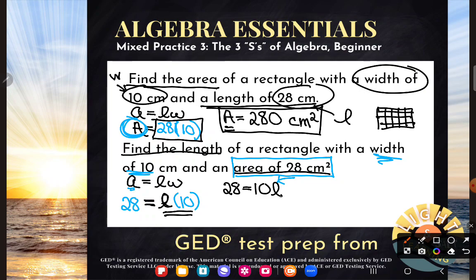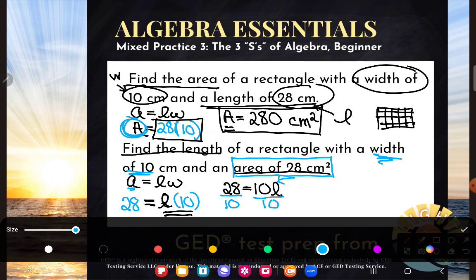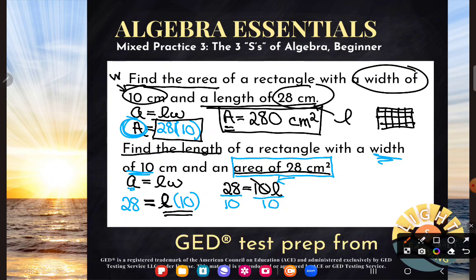And that's really that key there, that I need to start solving using opposites on both sides in order to isolate my variable. So multiplying and dividing by 10 are opposites, they cancel. My L is alone just like I wanted. And there's the math to do. You can feel free to do it in your calculator, 28 divided by 10. And since this is the land of geometry, I would probably use decimals or mixed numbers to express my answer. I think I'll just use a decimal. So what's the length of this rectangle? It is